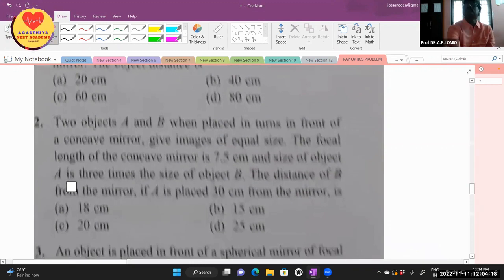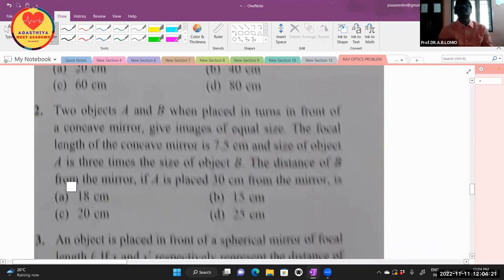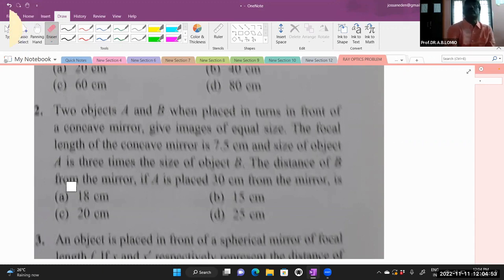Next problem. Two objects A and B, when placed in turn in front of the concave mirror, give images of equal size. The focal length of the concave mirror is 7.5 centimeter, and the size of the object A is 3 times the size of the object B. The distance of B from the mirror, if A is placed 30 centimeter from the mirror, is